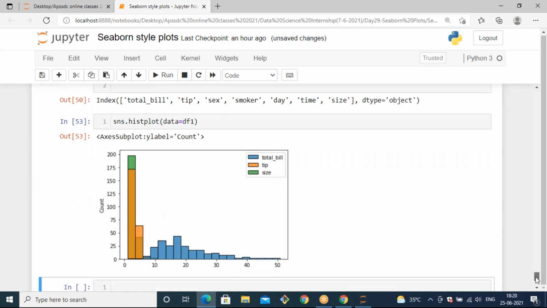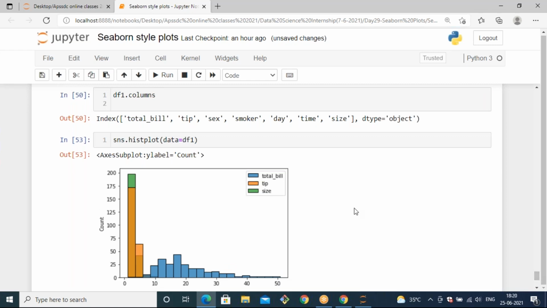In the data frame we have integer data, total_bill, tip and size, and this histplot will take only numeric columns, because when it is numeric data, we can understand how the data is continuously distributed. For categorical data, we are not going to analyze how the data is distributed. When it comes to numeric data only, we observe how the data is distributed.